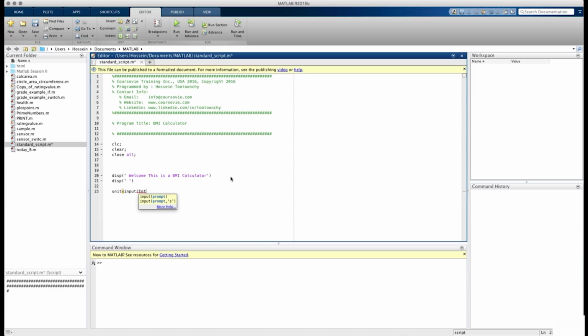So: enter 1 for imperial or 2 for SI units. So the user will tell us what type of calculations they want. And then in here we say selecting the unit of